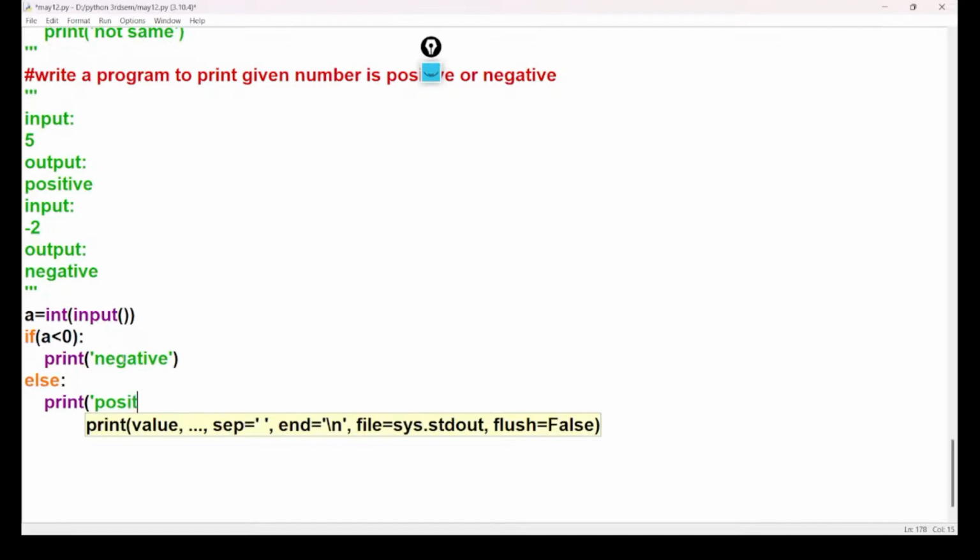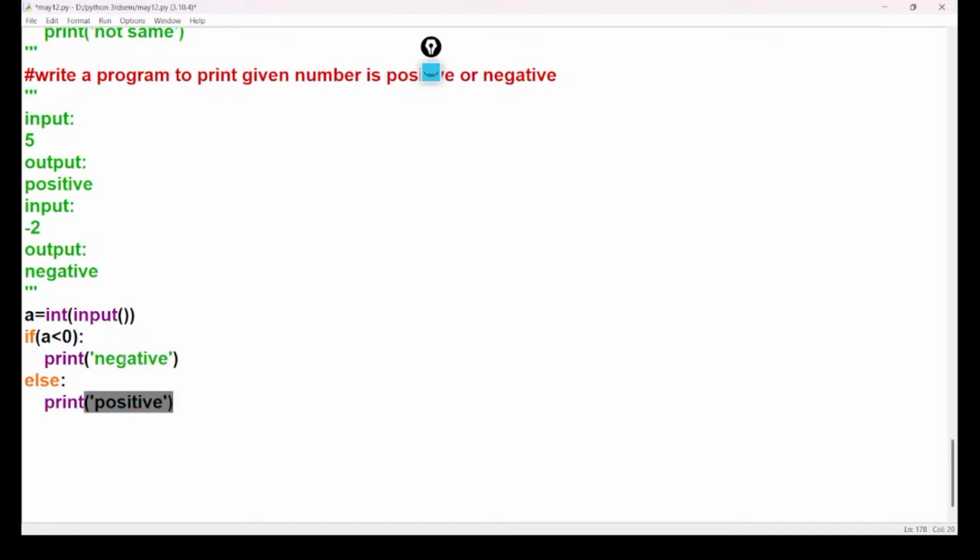Just I am writing for the negative approach. If I write a greater than or equal to 0, here I have to mention positive in the true block, negative